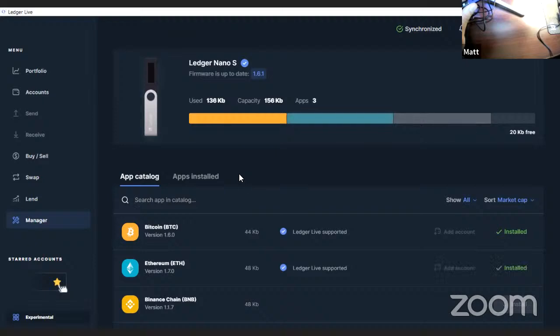So it's actually 3 things you need to keep updated with your hardware wallet: the Ledger Live software program, the firmware on the device itself, and then the wallets that are installed to your device. So those 3 things all need to be kept updated. You don't need to constantly be updating them, but if you haven't logged on in a while and you get back on, just make sure everything is up to date before you start sending cryptocurrency, because there's nothing more frustrating